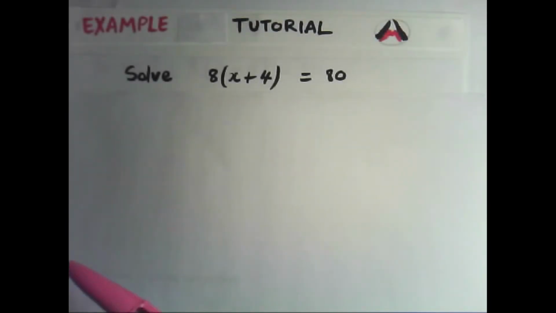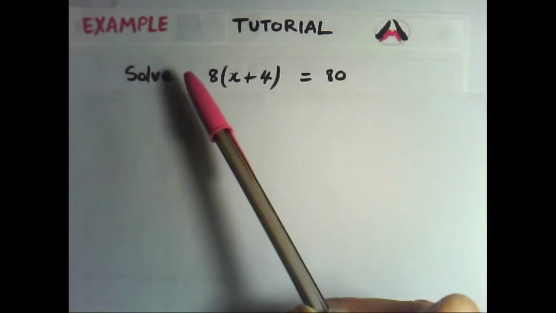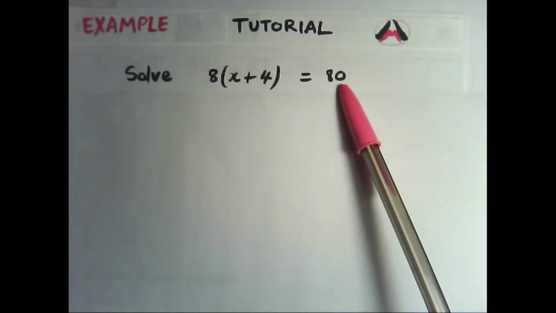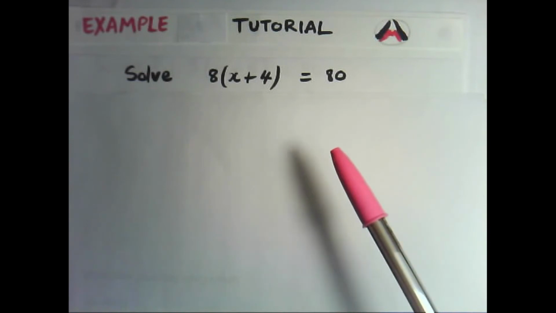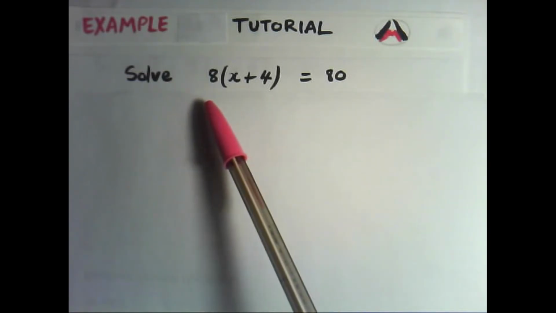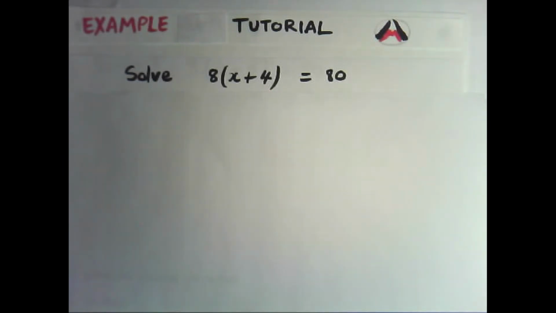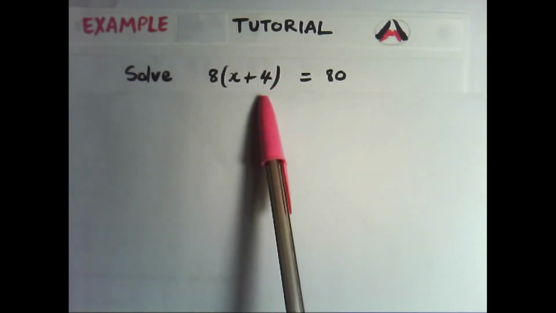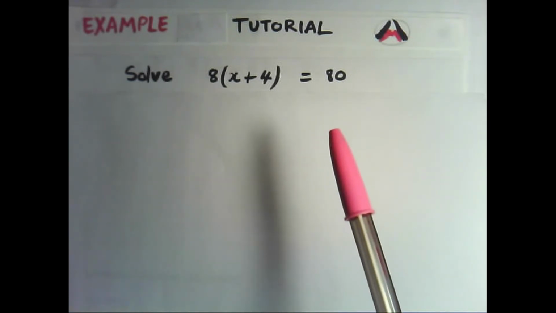In this question, we're asked to solve the linear equation 8(x + 4) = 80. Now, one possible strategy that we could use is to divide through by 8. And the reason is because that 8 is multiplying everything inside these brackets. So if we do that,